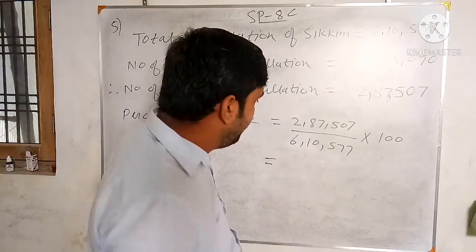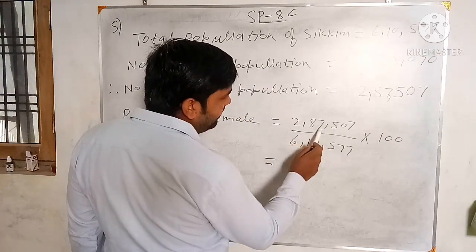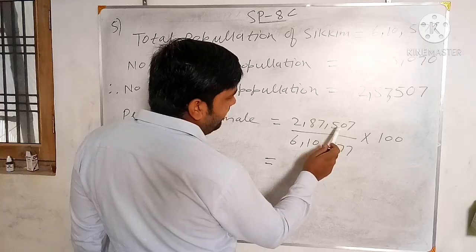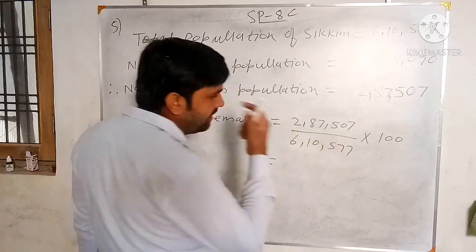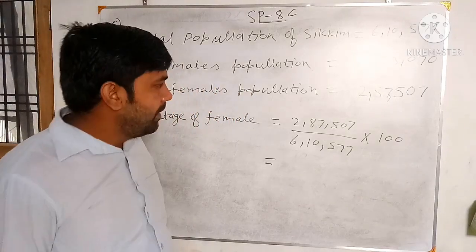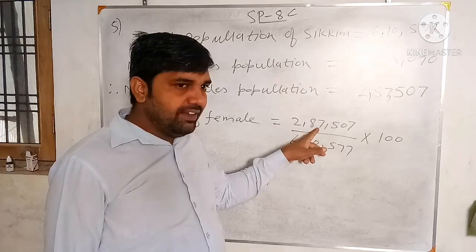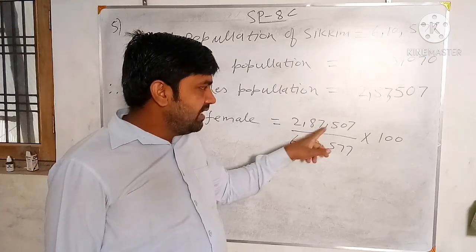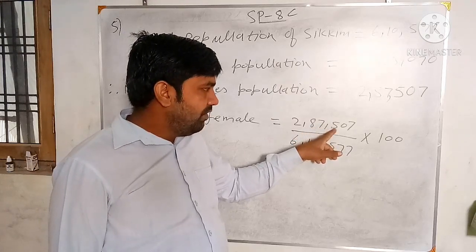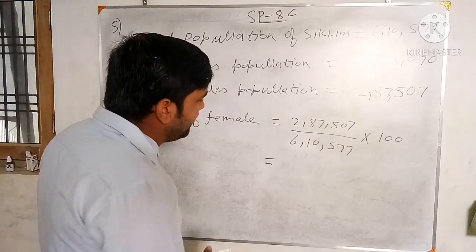Now we check from 7. See, is it divisible by 7? 7 4s are 28, 7 1s are 7, 7 7s are 49. So it is not divisible by 7. Now we check for any other number. 11, you can see, 11 2s are 22, 11 6s are 66, 11 1s are 11, 11 3s are 33, 11 7s are 77. So it is divisible by 11.